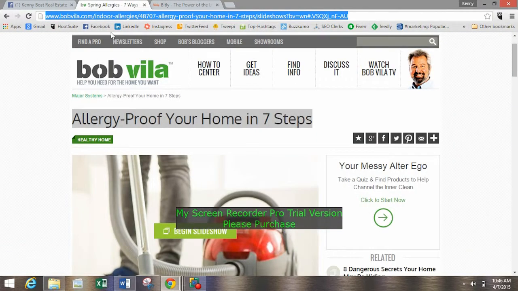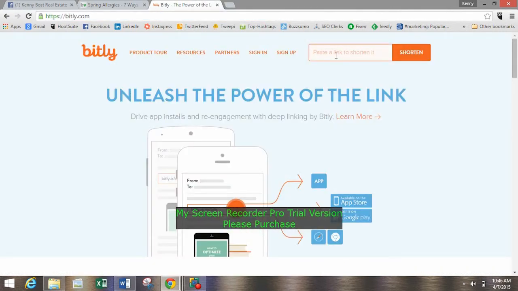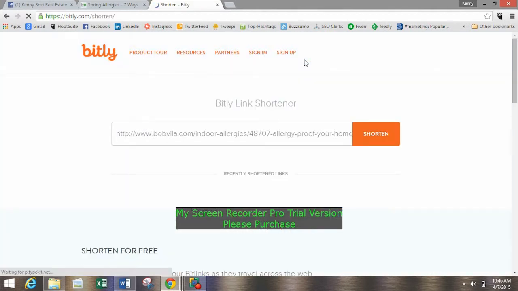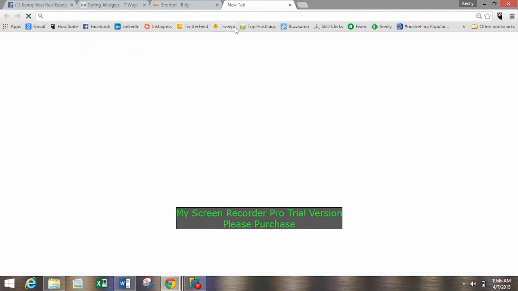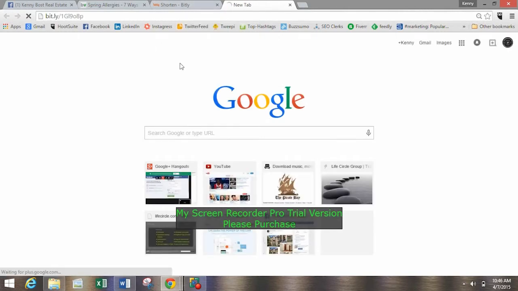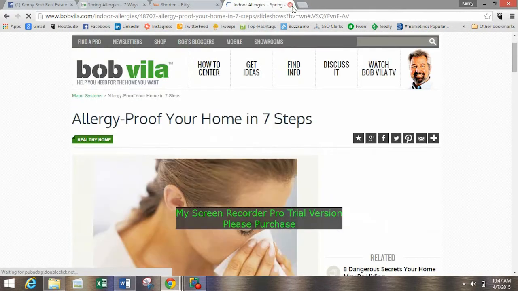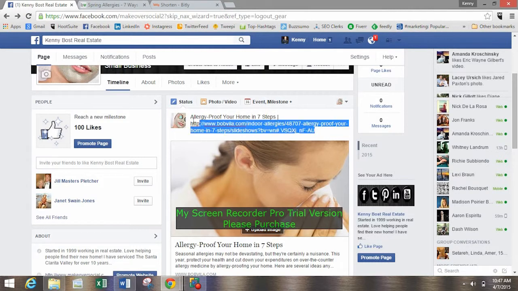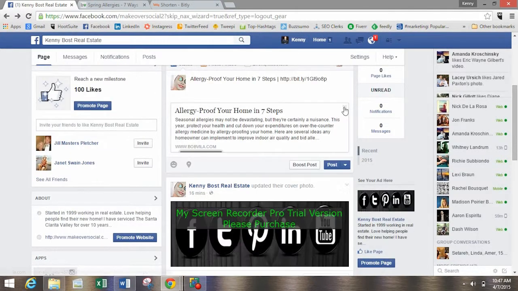So check out how this works. Right here in the top URL, we have this real long, messy link. We're going to copy this link and go over to Bitly, and right up here it says paste a link to shorten it. Paste it, hit shorten, and then we get this nice short little link that, if you paste it back up in the URL, will automatically go to the same thing. Okay? So let's remove this long messy link and paste a shortened link, and it will still be the same link as the long one.